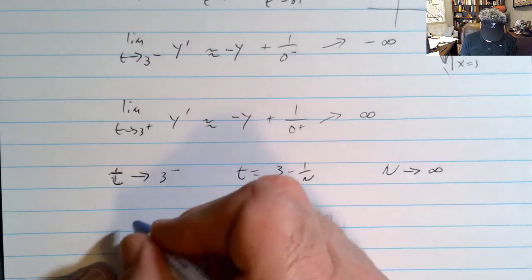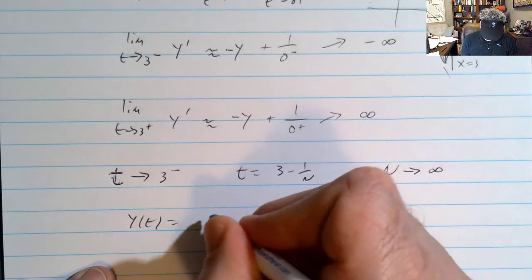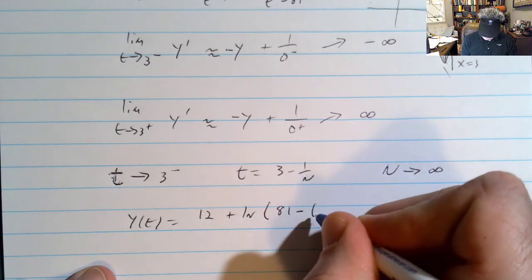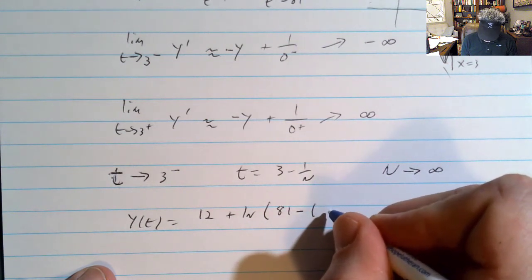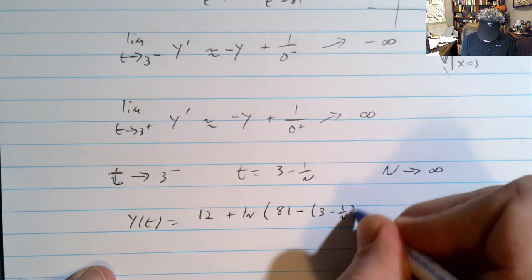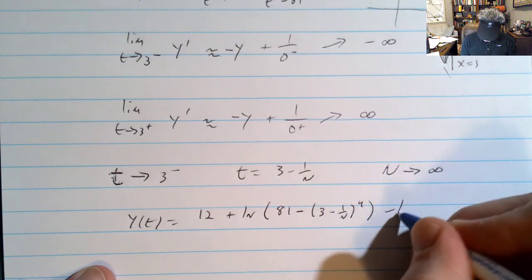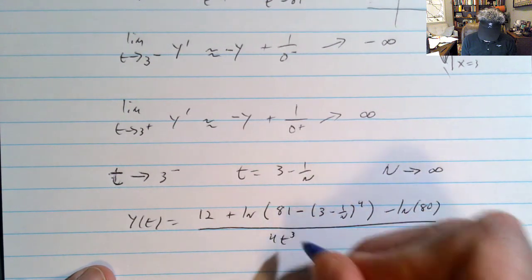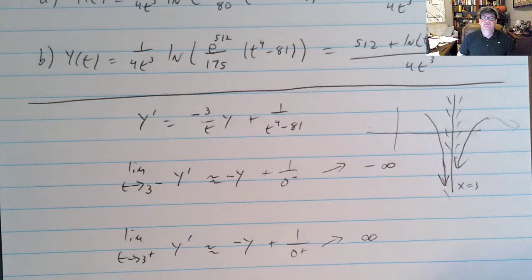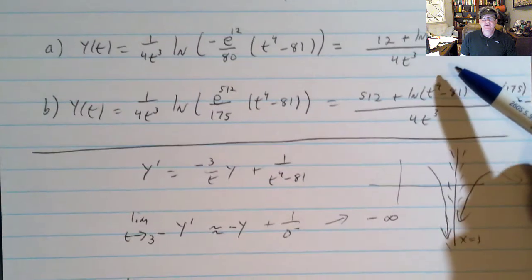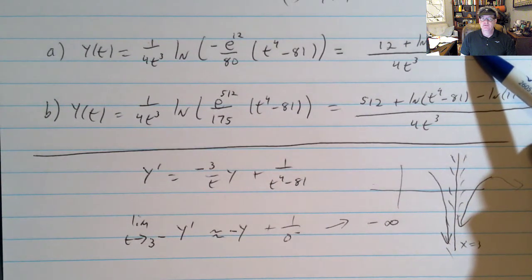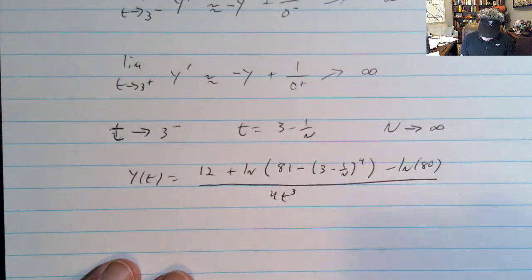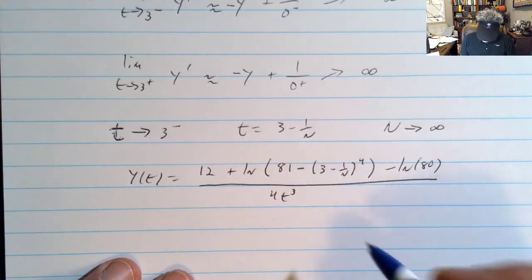Then what I have for y of t is 12 plus natural log of 81 minus t to the 4th, that'll be 3 minus 1 over n to the 4th, then minus log of 80 all over 4t cubed. Alright, so change that t to a 3 minus 1 over n. And we're going to let n go to infinity, so we'll get closer to 3. So then this will be